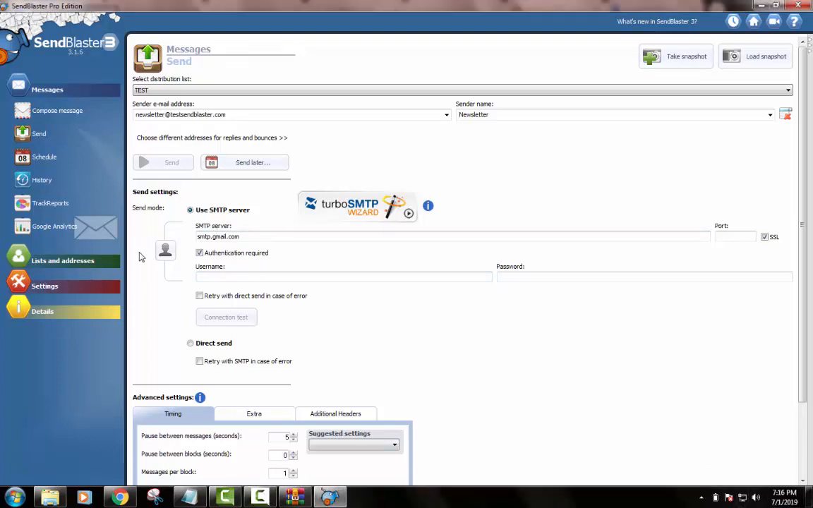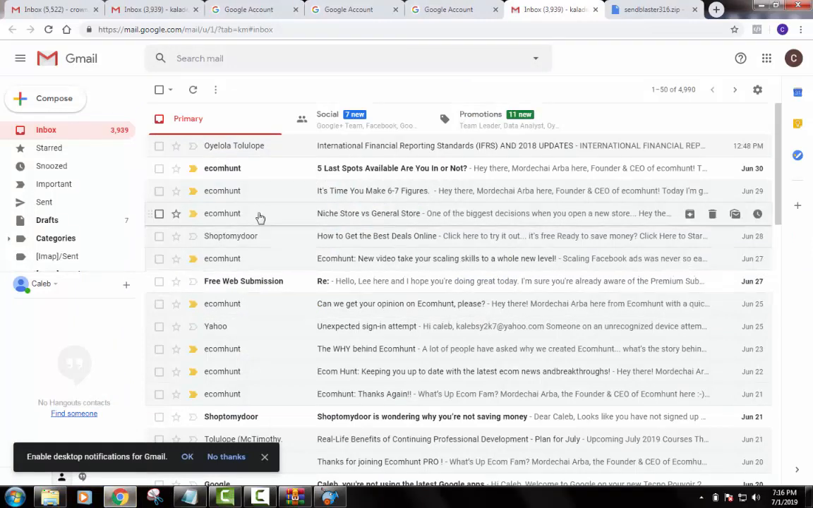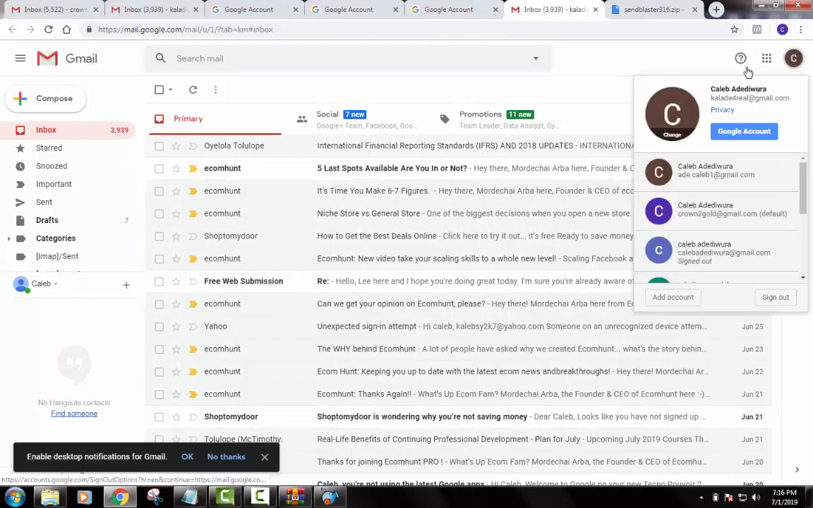Okay, I think I should quickly show you how you can create your SMTP. It's a very simple step. Let me quickly show you so we can make use of it here. Log into your Gmail. We'll be creating a free Gmail SMTP. So log into your Gmail account, and you click on this icon, then click on Google account,